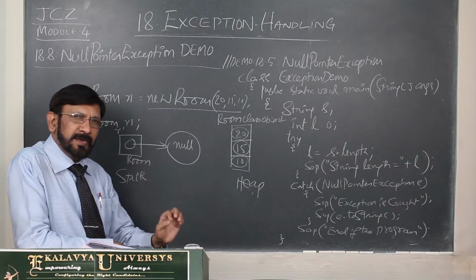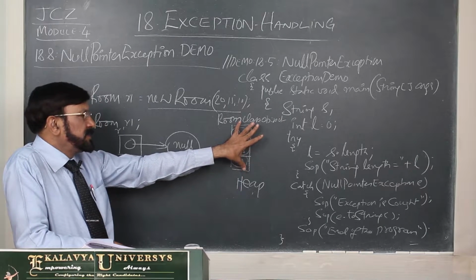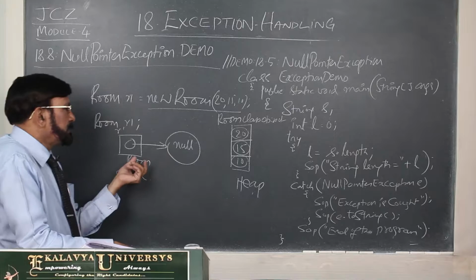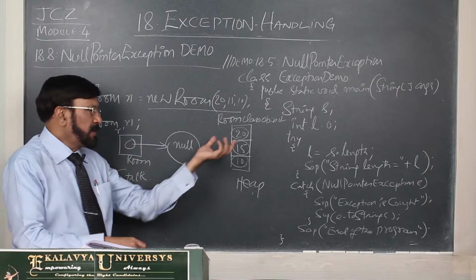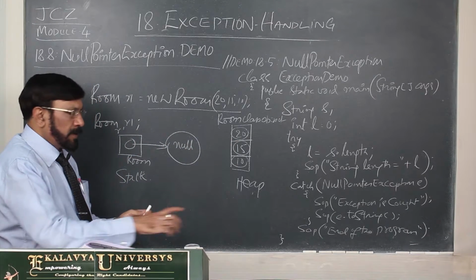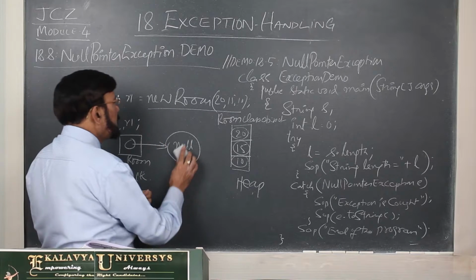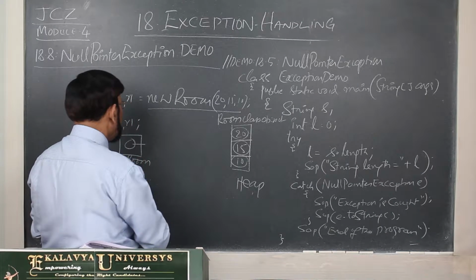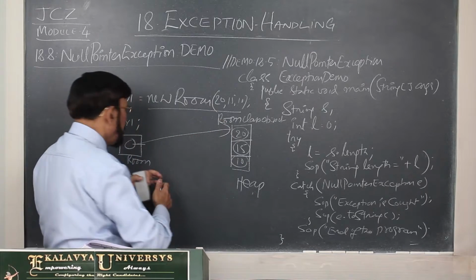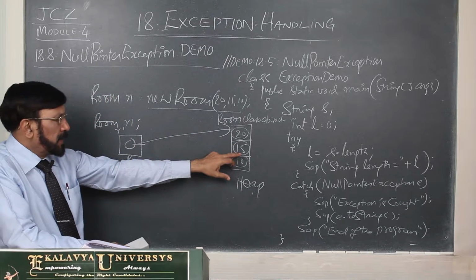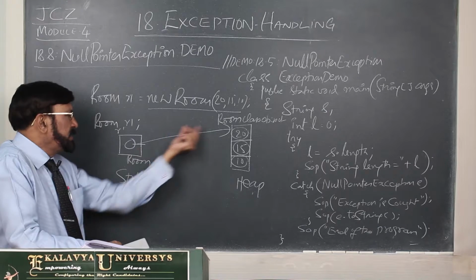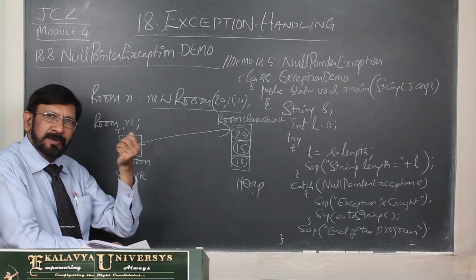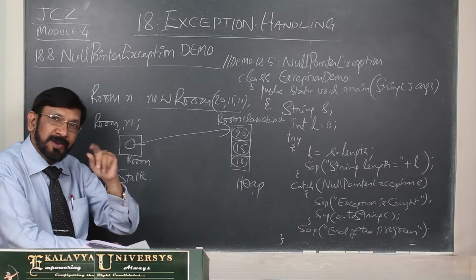Already many times I gave this example. This is the paper part of the kite, this is the string. Actually, independently they have no use. Now, because of this assignment, what is happening? This is the paper part of the kite, this is the string, both are being linked up. Then it is treated as one.